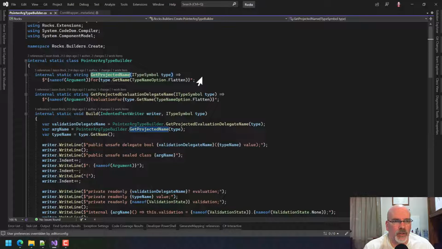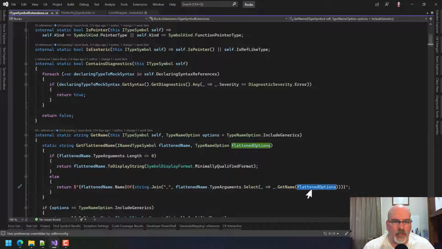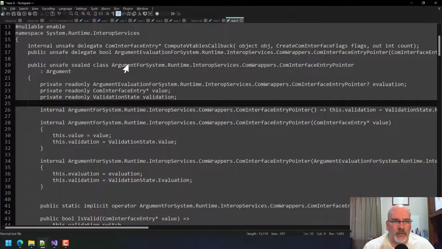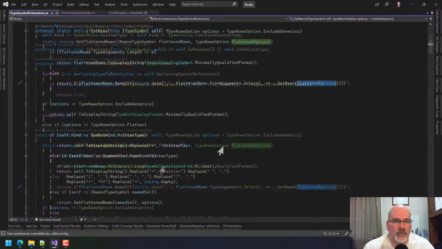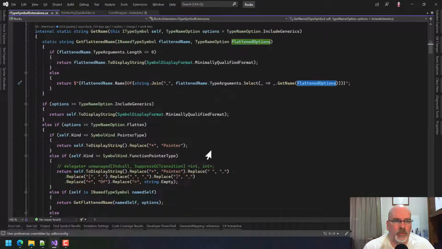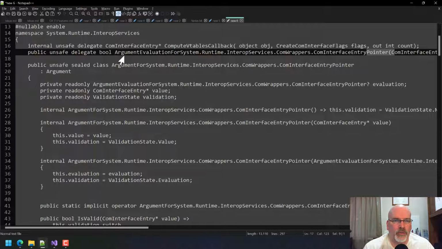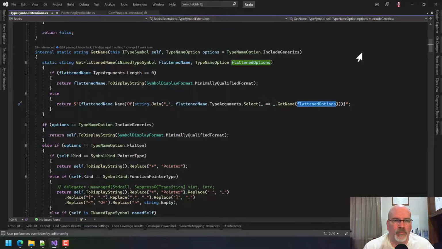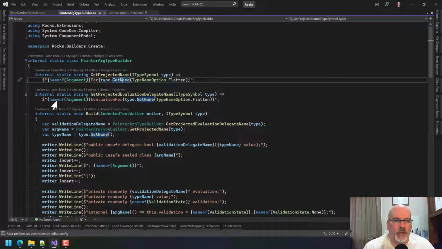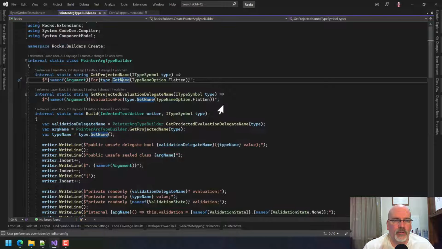Like if I come here, you'd think, are we saying flatten means flattened options? Yeah, type name options. We're saying of that. Well, wait a minute. If it's a pointer type, we say to display string, replace point with pointer. Yeah, so it'd be that whole thing. Except then we say argument evaluation for that whole thing. So we're trying to flatten it, but